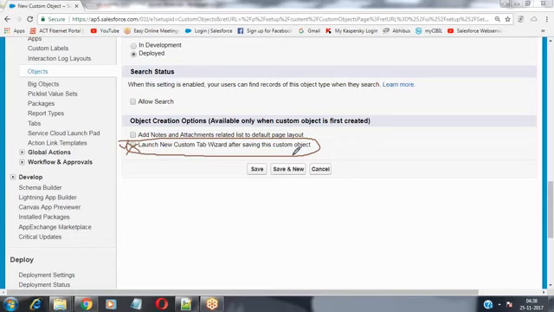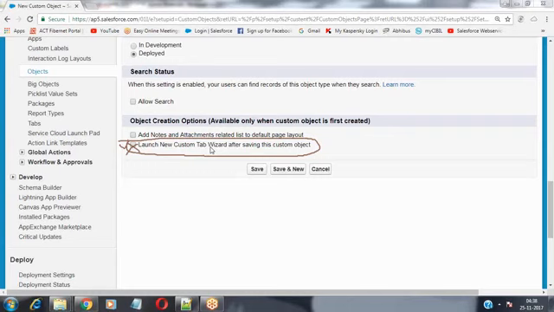Upon creating the tab for these objects, there are four types of tabs in Salesforce. Custom object tabs. Custom object tabs means what? Whatever custom object you have created, if the tab is not available, that means upon creating that object, the last checkbox was not selected.